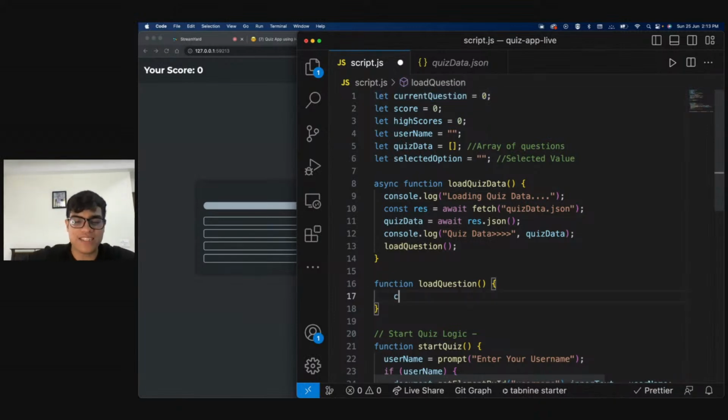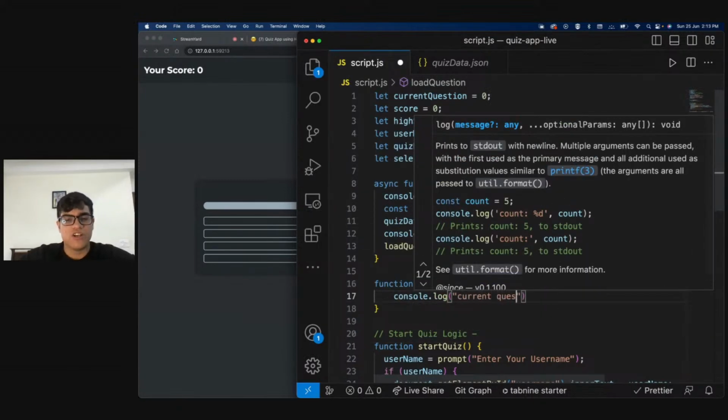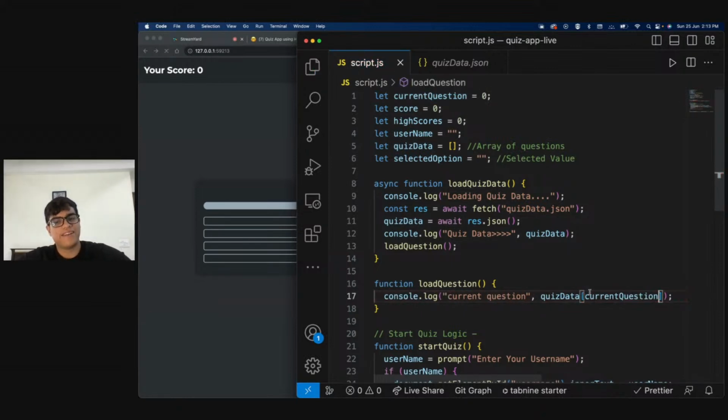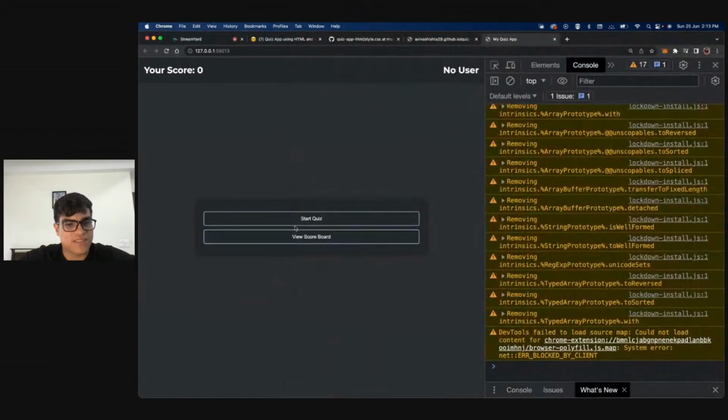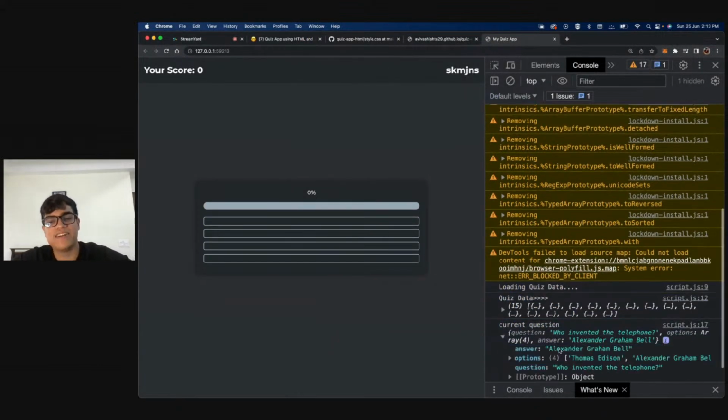So basically what I'll say is console.log current question. So what is the current question? It will be quiz data, brackets, current question, right? So now when I start the quiz, what is my current question? Who invented the telephone?